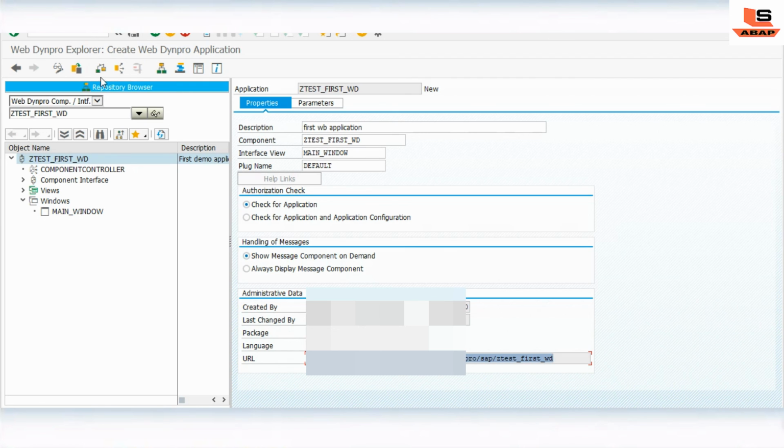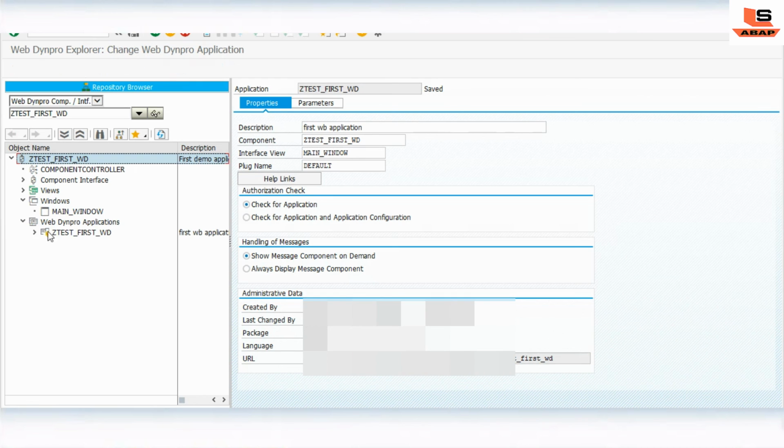I'm just going to check and activate. Once you create the application, you can see one more folder with the web application, and here is the name of your WebDynpro application. Just save, check, and okay. Now you can use the link provided from your SAP system, or you can directly run the application from here. So we'll test our application now. We just click on the test, and it will open the same URL, as you can see in your URL.